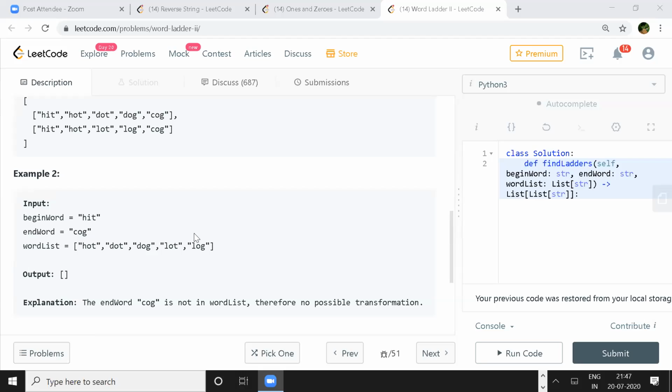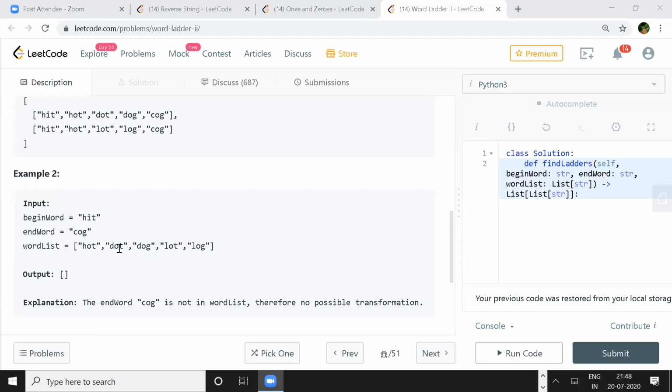I mean, you want to create it from the words which we already have in the word list, if the end word is not present. I didn't get it.